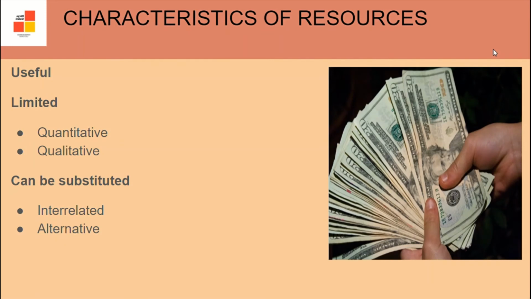Let's talk about the characteristics of resources. First, utility. It means the importance of a resource in helping one to achieve the goal. Example, cow dung is considered waste by one person but fuel by another. Accessibility: certain resources are easily available to one as compared to another. Availability of a resource changes over a period of time.